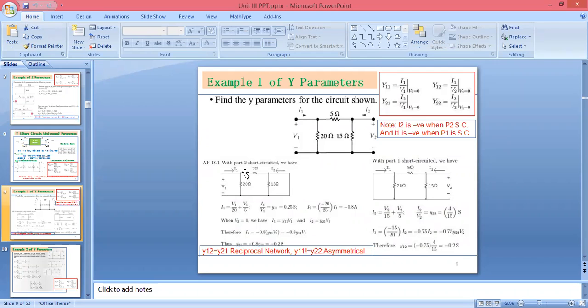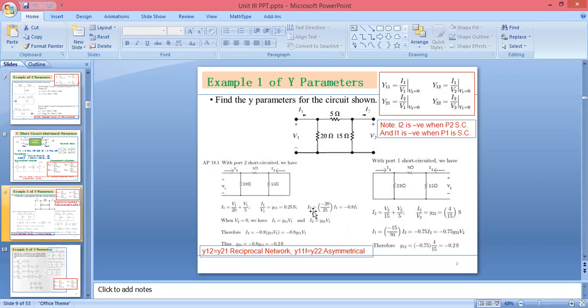When you are applying KCL here, you will get only the value of I1. But हमें यहाँ का total current मिल गया है. What we are supposed to do? We are supposed to calculate the value of I2, which is flowing in between this 5 ohm and 15 ohm. But we know this 5 ohm is connected with 20 ohm, and we know the value of current flowing through this 20 ohm. So we can apply here current divider rule. If you are applying current divider rule, total current is nothing but I1.